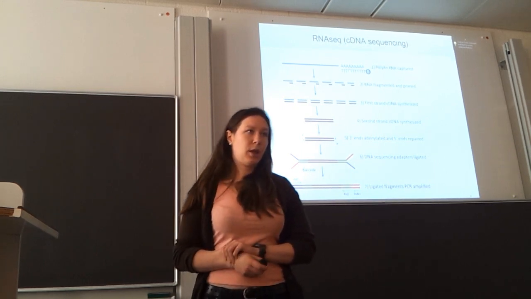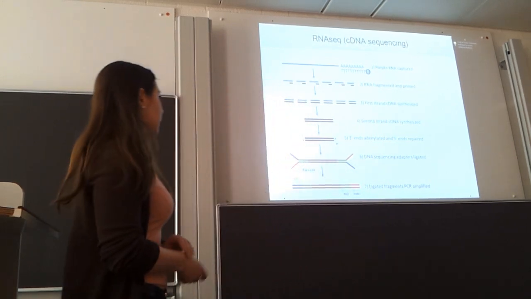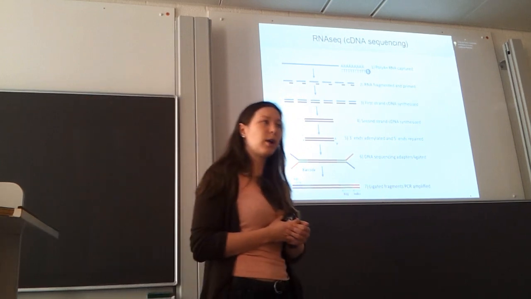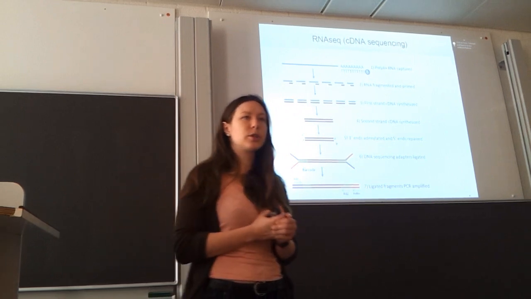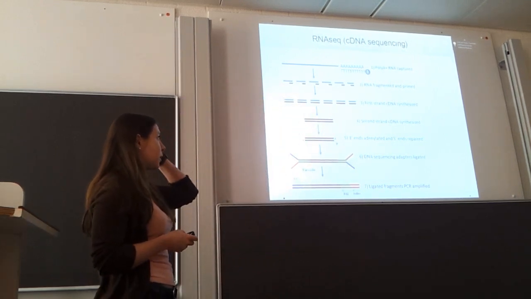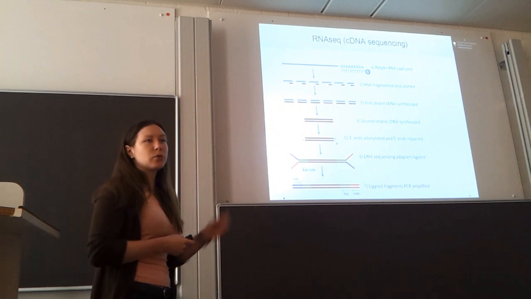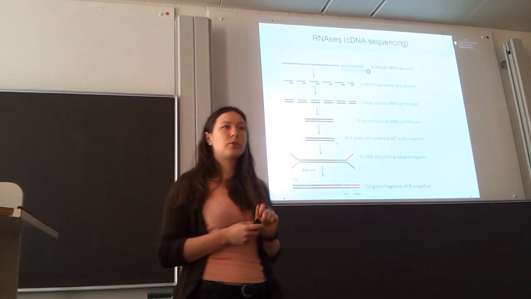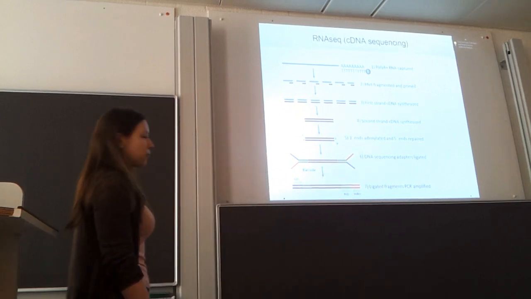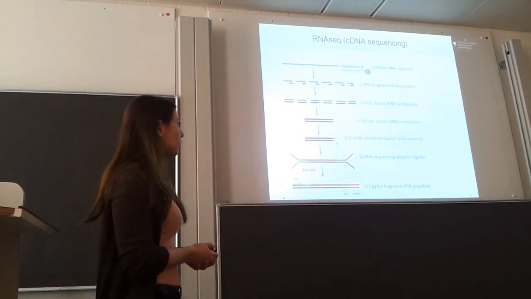tail. When the selection is done, then we need to fragment your RNAs, because we are still not able to, well, with newer technology we're able to sequence long regions, but with current technologies that we're talking about, RNA-seq, we're not able to sequence very long regions. We're able to sequence only a couple of hundreds of base pairs, right? So we need actually to fragment our RNA first, and then we